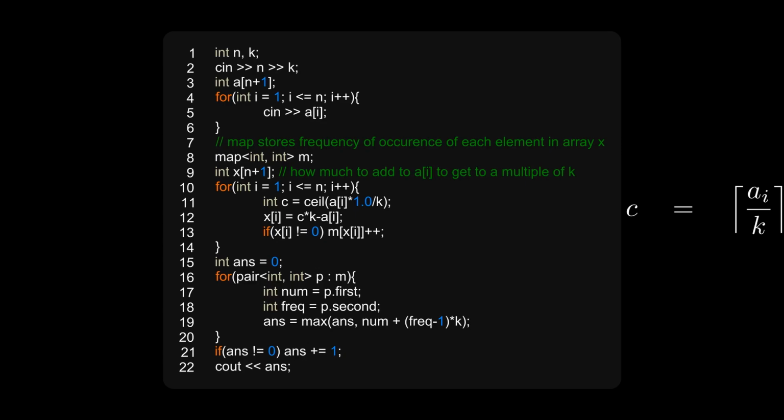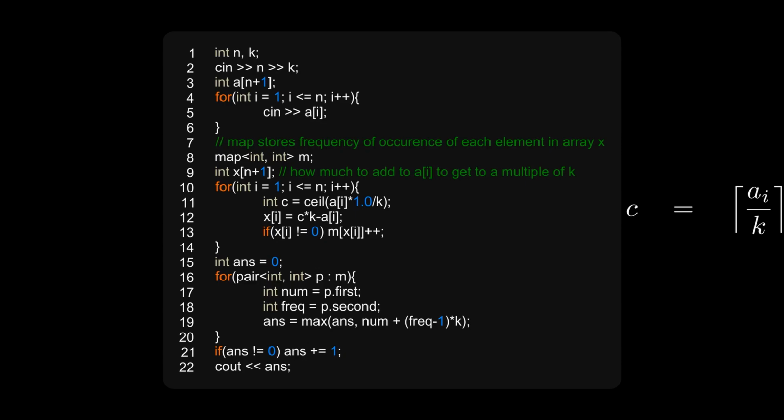Finally, observe in the question that we are asked the number of moves. So, since x starts from 0, the number of moves required will be 1 more than the maximum value, unless no increments are required, like in the third test case. So if answer is not equal to 0, we increment it by 1, because the number of moves will be 1 greater as x starts from 0. Otherwise answer will be just 0, like in the third case.